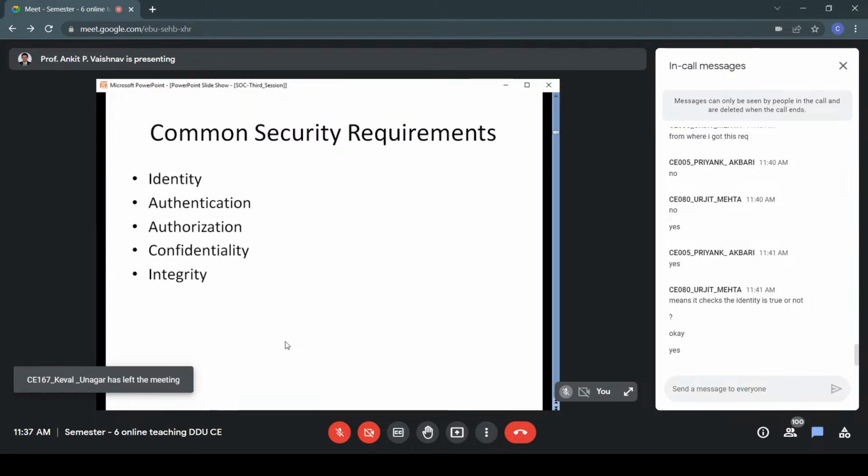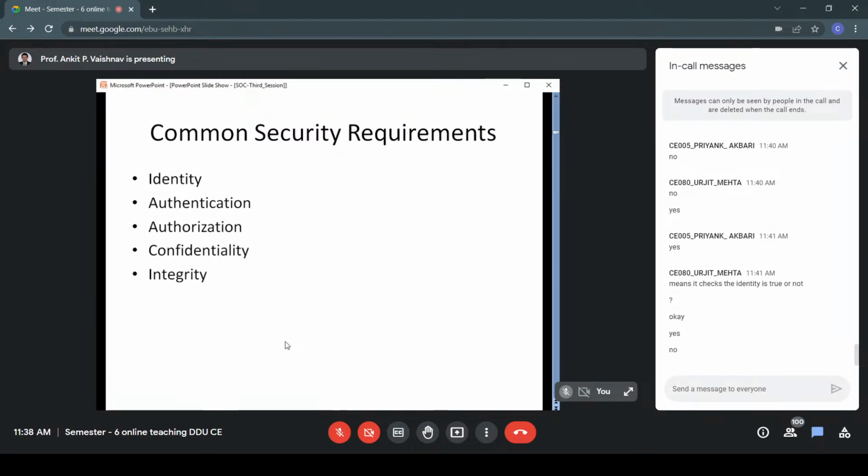Okay. Next is authorization. So you have identified that this is a valid requester, right? But will you let that requester access every resource on your side? Obviously not, because there are many services under your umbrella. So the next task is to check authorization.